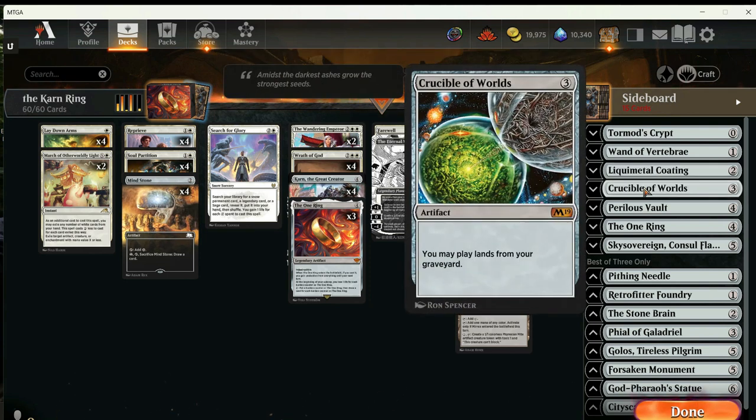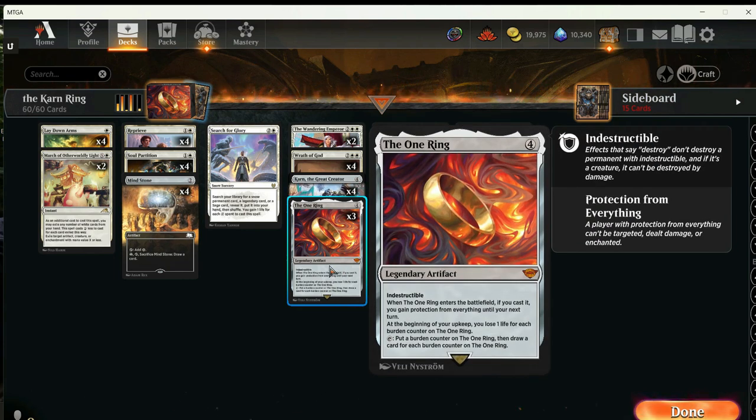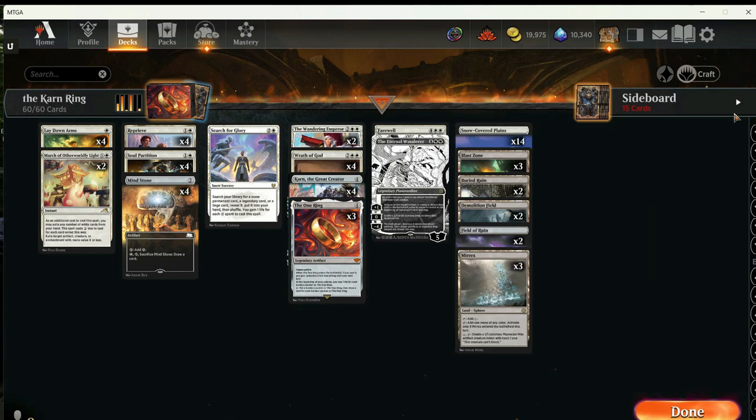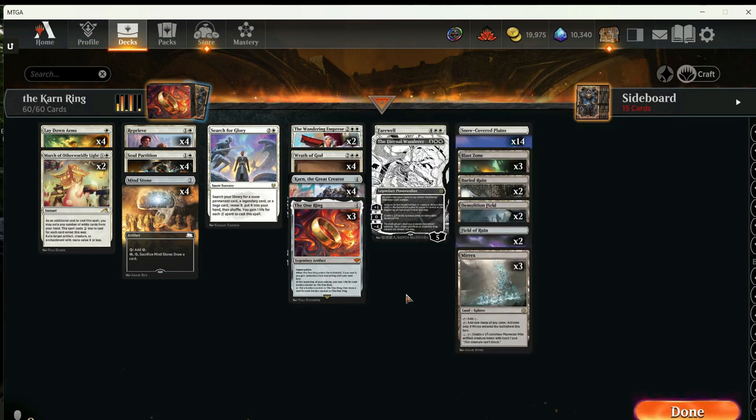Crucible of Worlds. This is the card that enables your infinite One Ring combo. So the idea is you play a One Ring, you get a Karn, you tutor for Crucible of Worlds, and then you're drawing so many cards. At some point, you're going to draw another One Ring, or you go tutor for the One Ring, and then you have access to 2 One Rings between your hand, the battlefield, and the graveyard. And what you do is you Buried Ruin back the One Ring